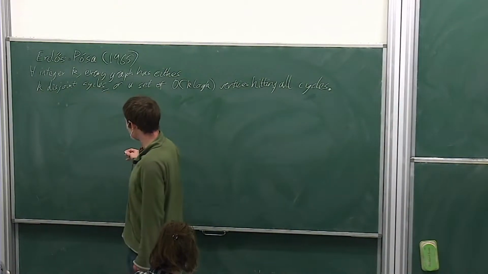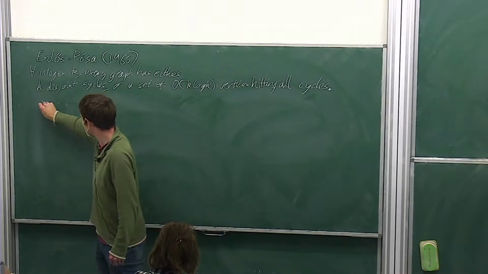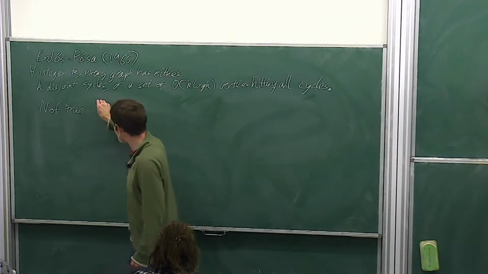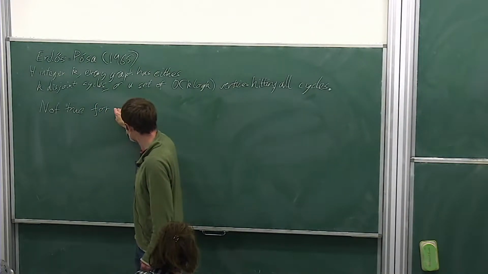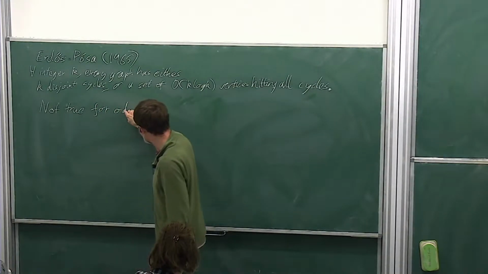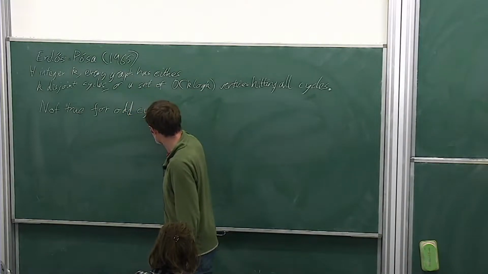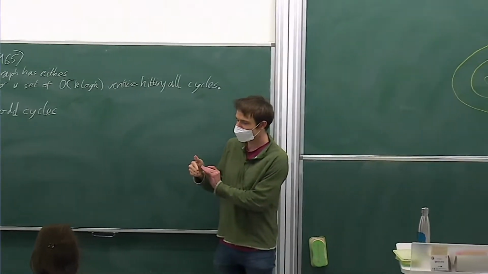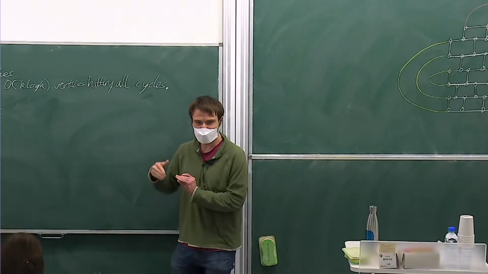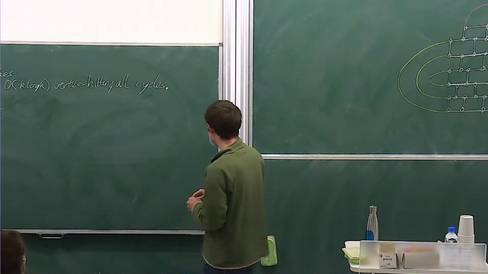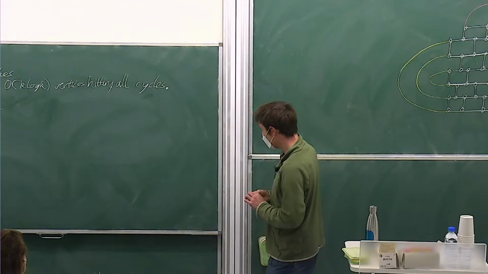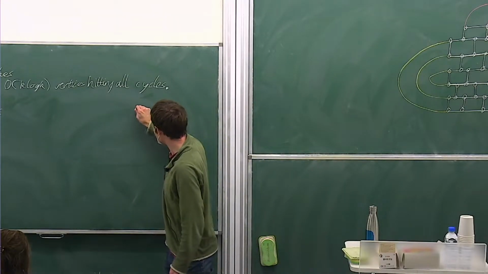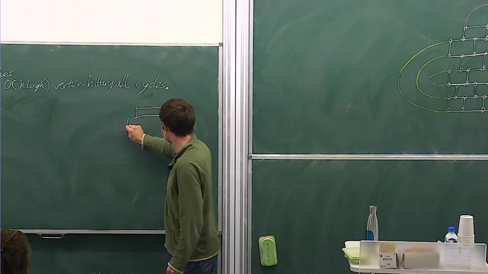And this breaks down. So this is not true for odd cycles. If you want to know what a graph looks like if it's a large distance away from being a bipartite graph, the story is different. And the reason it's different is because of what we call Escher walls. So an Escher wall